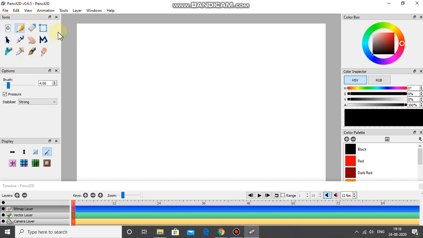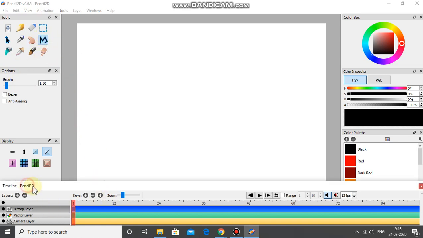You can create your drawings using these tools: this pencil tool, pen tool, brush tool, this is eraser tool, this is selection tool, and all these. And these are the options. If I click on this tool, here are the options of this tool. If I click on this paint bucket tool, these are the options of this particular tool. So options show the options of the selected tool. If I select polyline tool, these are the options associated with this particular tool.